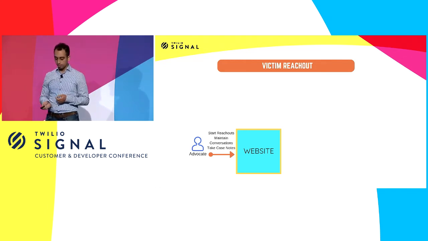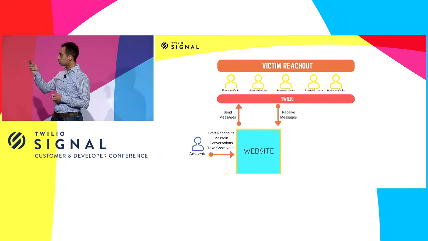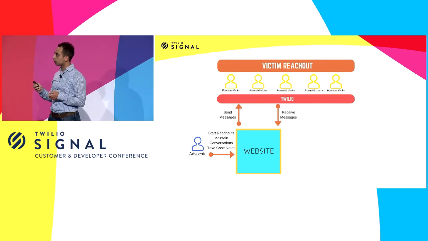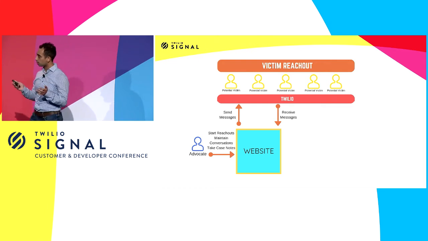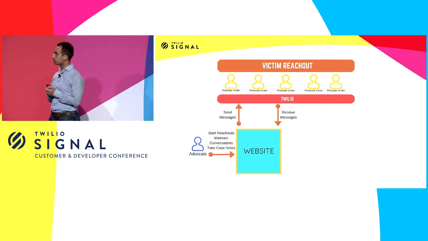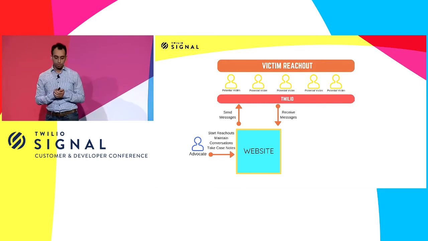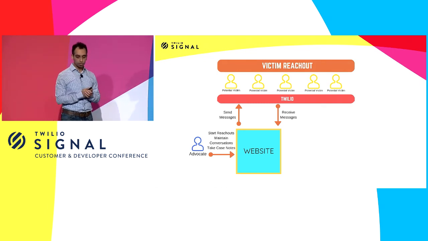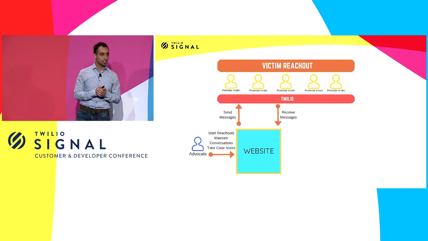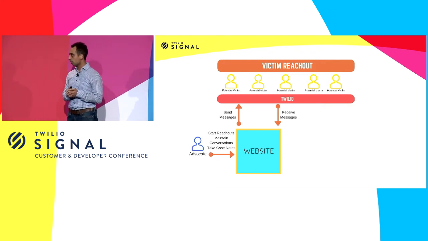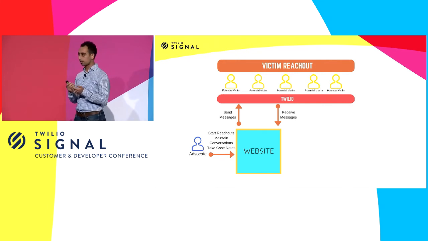Once they do that, they send a mass reach out message, and we batch these messages up. We have a distributed architecture that's resilient to failures at certain points in the pipeline, and we'll keep retrying the messages, and they go to Twilio. Once they go to Twilio, they can go to 100 people, 200 people, 400 people, however many they selected. And usually, I believe a good outreach would get about a 10 to 15% response rate. So out of these 100, 200, 300 people, maybe 10 to 15 people respond, saying possibly they want services.